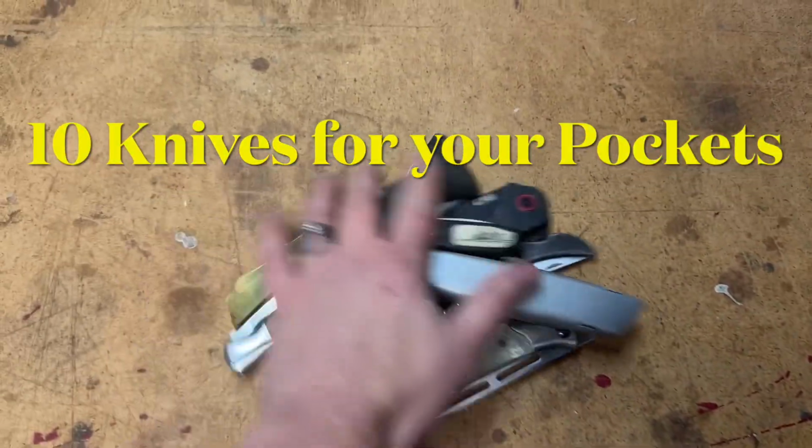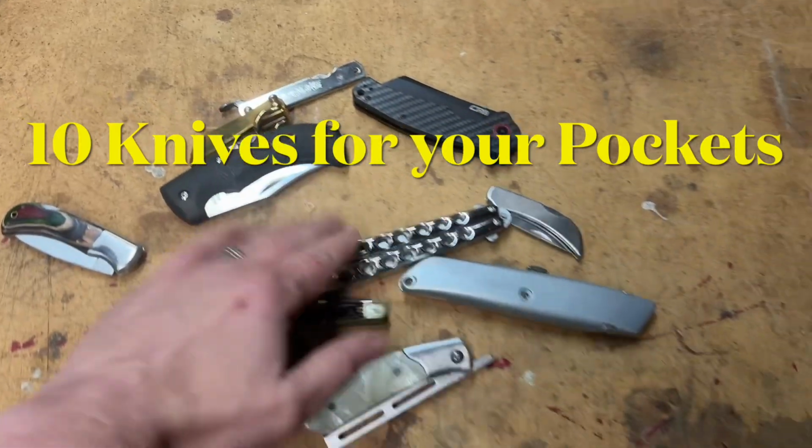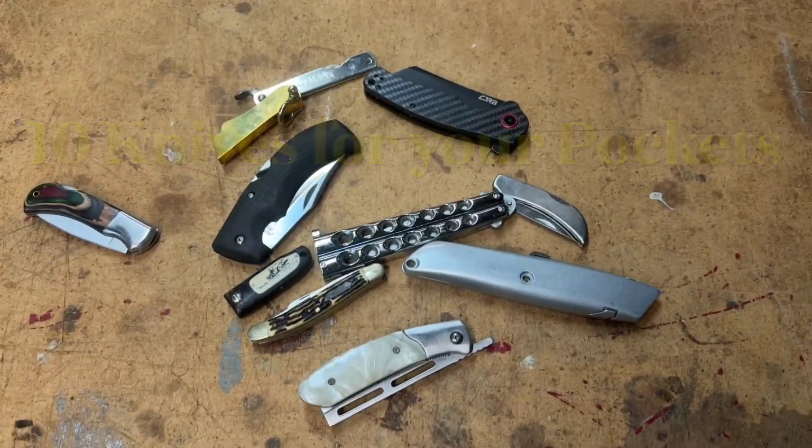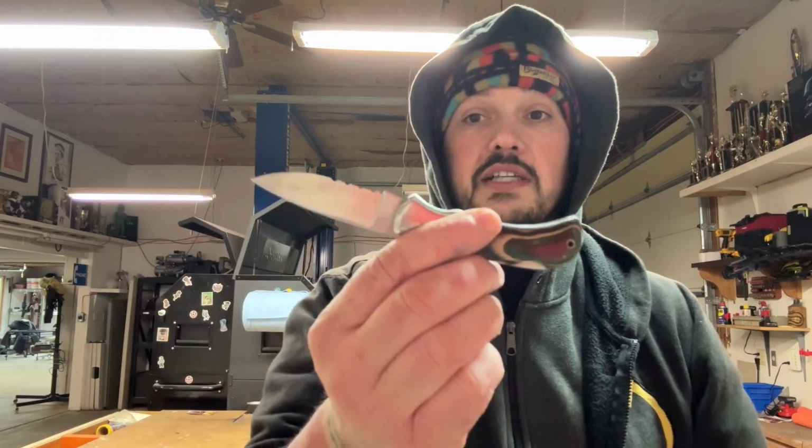All right, today we're going to look at different types of pocket knives and figure out what is the best knife for you to carry in your pocket. So today we're going to discuss the humble pocket knife, a knife that one would keep in their pocket. What makes a good pocket knife? What are the criteria you should use to evaluate a pocket knife so you could carry the best possible pocket